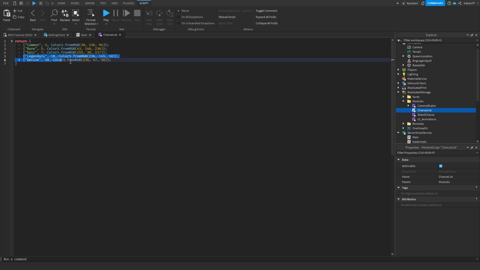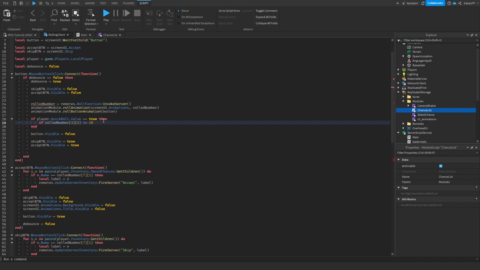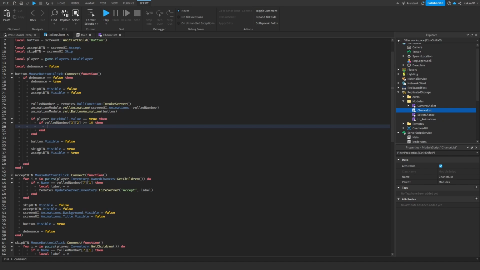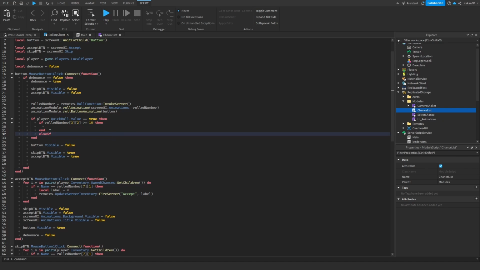But if we get those, then the special effect will play. So if roll number is greater than or equal to 10, then, and we're not gonna do anything right now because we haven't made a function yet. So just go down here and say else if